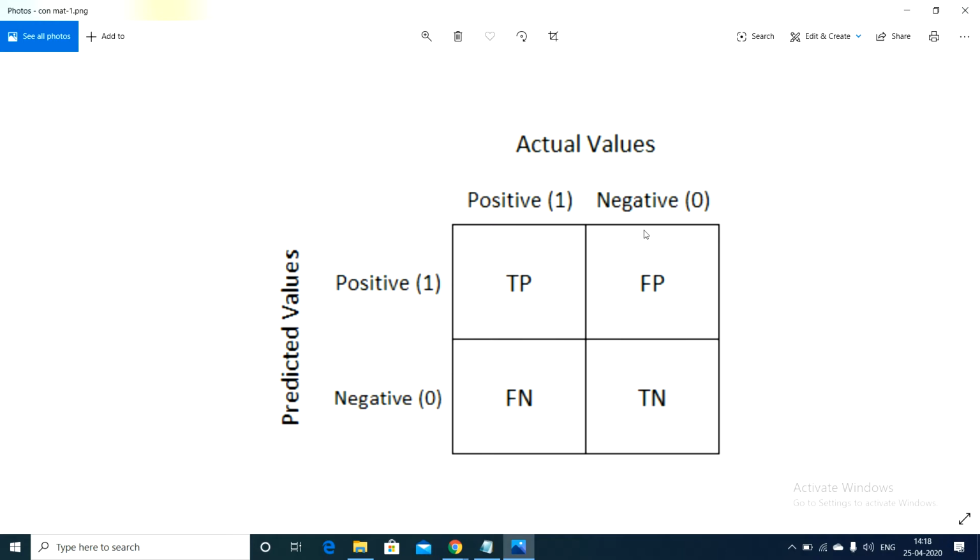These actual values take two values. Actual values is a set consisting of two values, that is true and false. Predicted values can take two values, one is positive and the second one is negative. So if we have four values, true, false and positive, negative, there will be four combinations, guys. One is true positive as the first one, false positive the second one, false negative the third one, and true negative the fourth one.